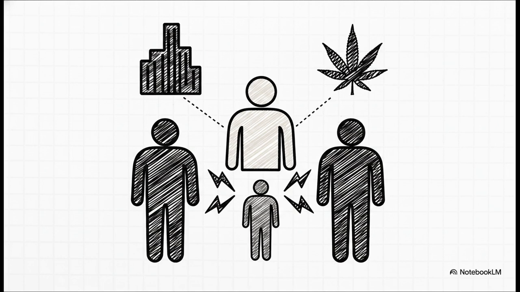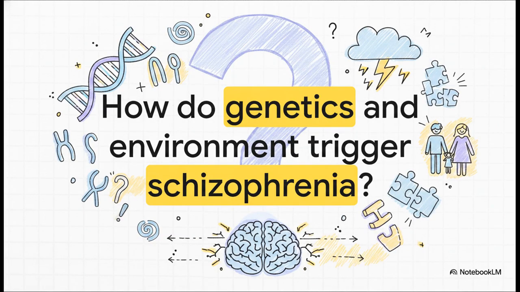But deeply complex family dynamics are intertwined here too. For instance, being raised in what's called a high emotional expression family, one characterized by hostility, severe conflict, or over-involvement, can serve as a powerful environmental stressor that actually triggers a biological relapse. Which leaves us with a really provocative question to end on. How exactly do dormant biological vulnerabilities so perfectly collide with environmental stress to shatter human reality testing in such a specific, systematic way? It's a puzzle that continues to drive the very